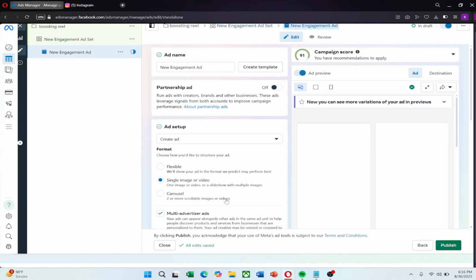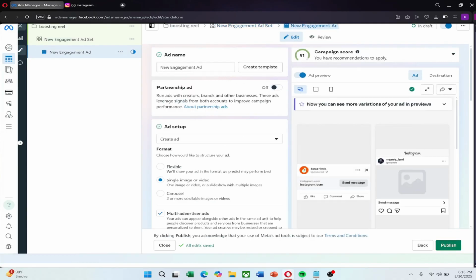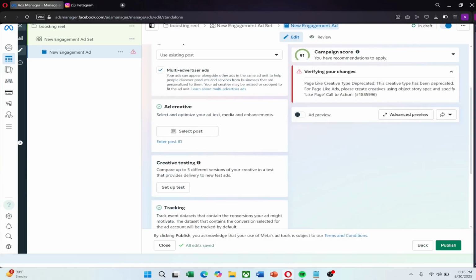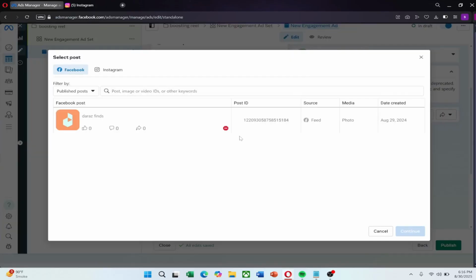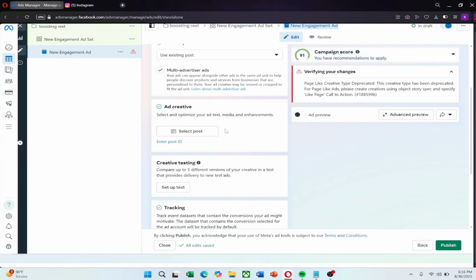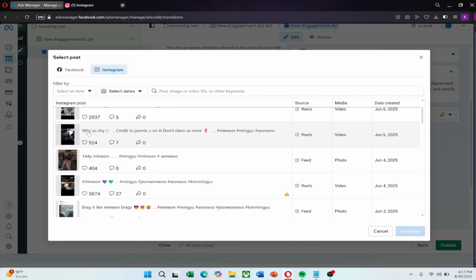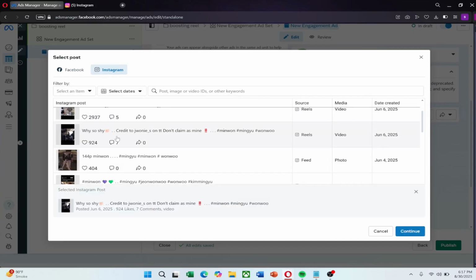Now comes the ad creative or ad name. Here you decide whether you want to create a new ad or use an existing post. For this example, I'll select an existing post. Once selected, you'll see additional options like enabling multi-advertisement, which allows your ad to appear alongside other ads to increase discovery. After selecting your post, the remaining steps are setting up your payment details, configuring automated chats or partner apps